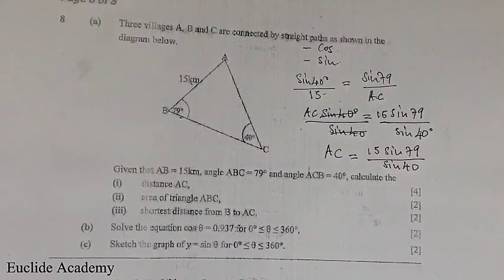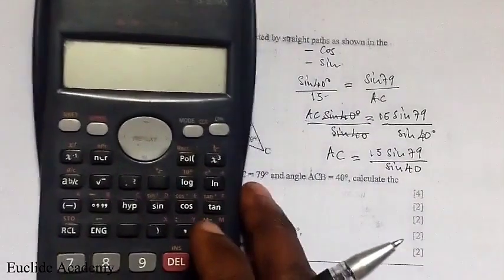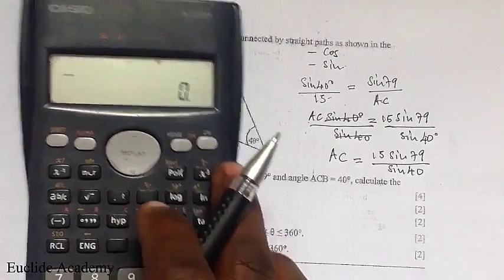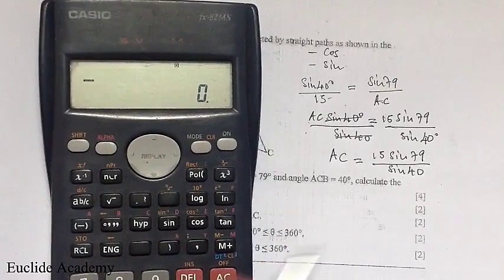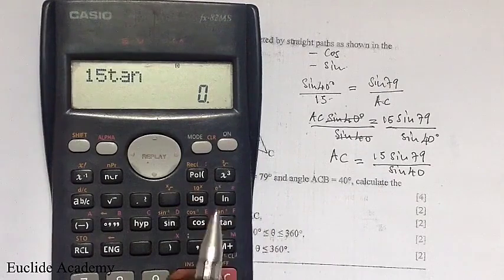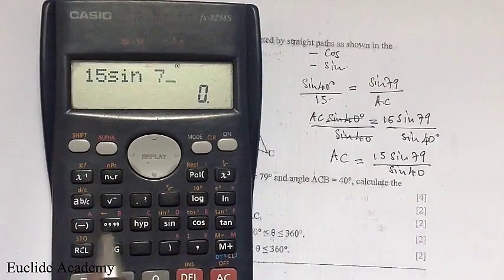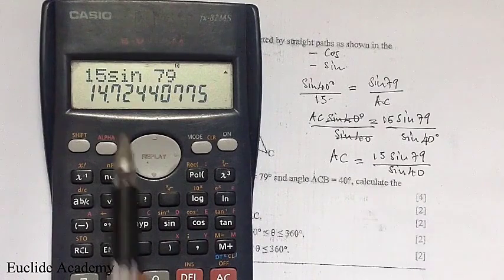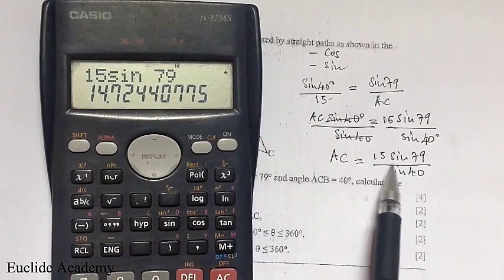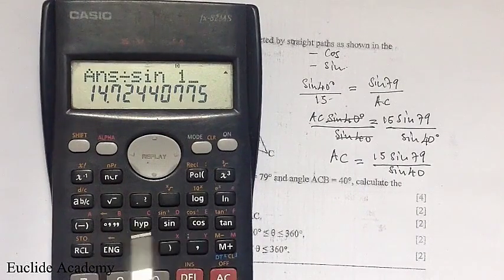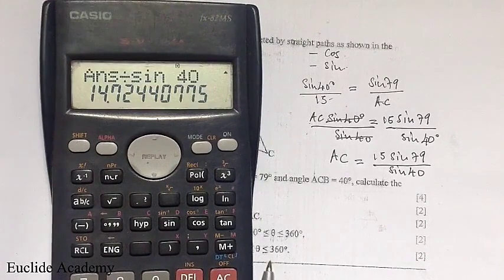So now this is the time when we get our calculator and look at what we have. We have 15, sine 79. Then we hit equals before we divide by sine 40, to make sure that we're dividing everything here. So this is what we have. We divide this value by sine 40. So we just say divide by sine 40, equals